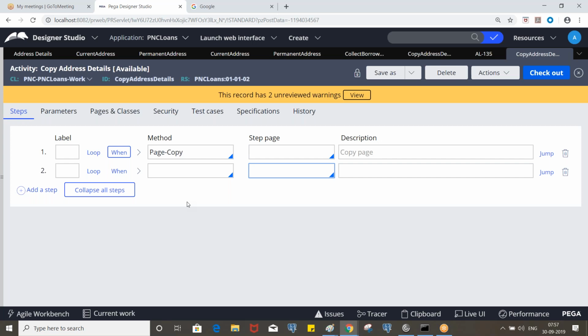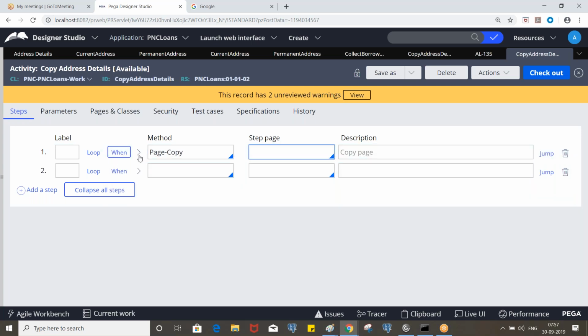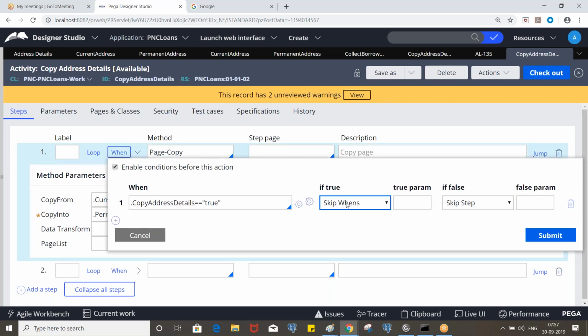It is an alternative to programming. So we write the code, right? If this is satisfied, execute this block, then we go to a different block, like the functions. Similar way here also. So before executing this page copy method, we are checking whether the checkbox is selected or not. If it is selected, then only we need to copy it, right? Yes, the page copy will be executed so that it will copy. Okay, that's what we are doing here.